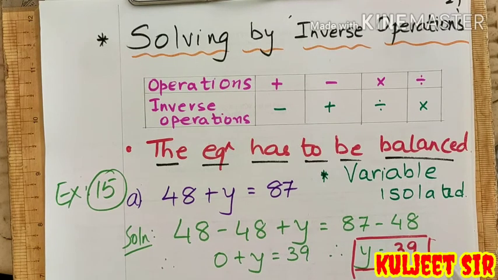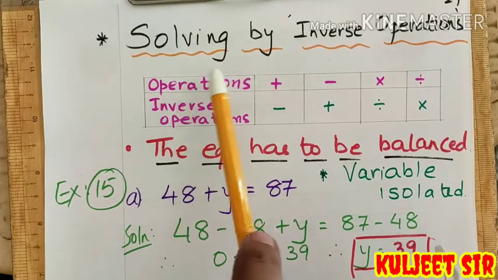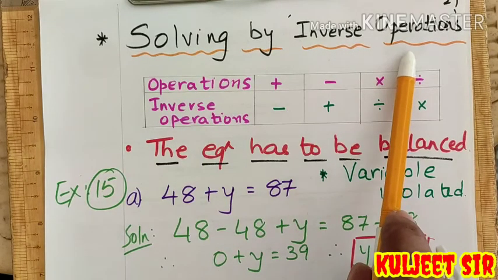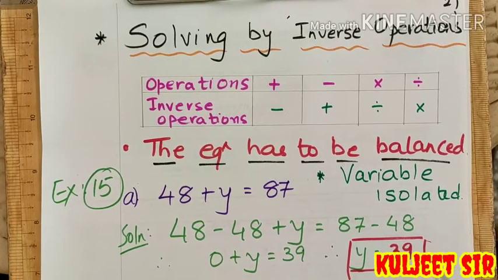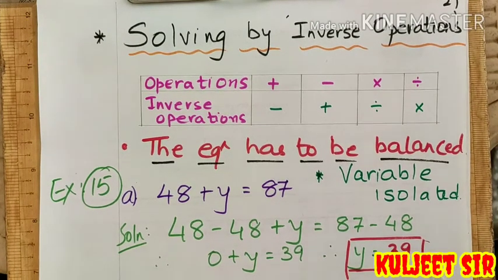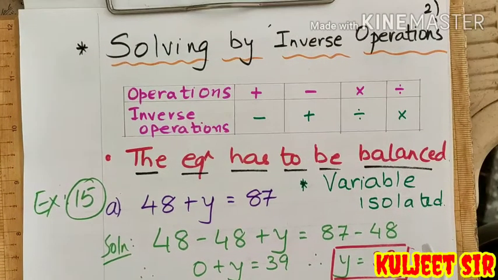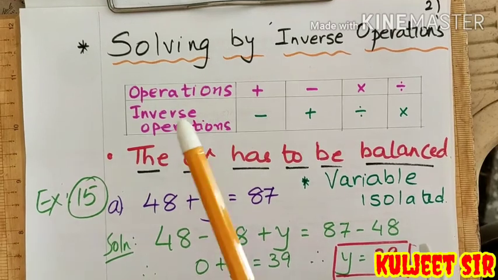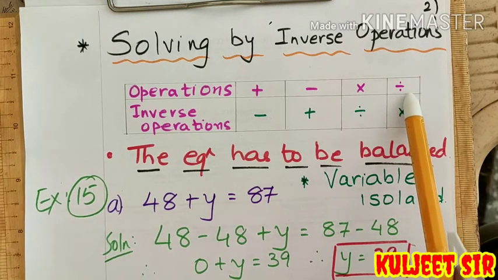Okay, we continue further with the next topic, that is solving the equations now by the inverse operations. We are on page number 117. We start with that, page 117, but again you need to turn the page quite fast enough so that we are on the next table, which is on page number 180. These are the operations: plus, minus, multiplication and division.